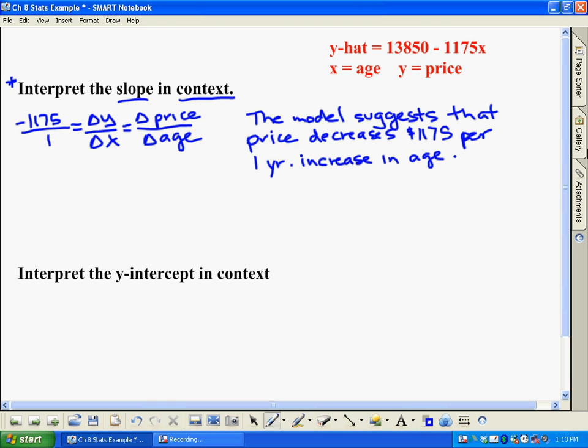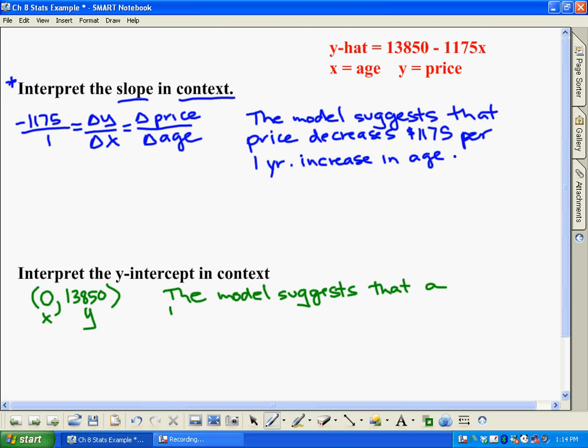Now what about y-intercept? Well, the y-intercept is always defined as 0, comma, something. So if you were to plug in a 0 for x in this equation up here, what will we get? Well, we get 13,850 for y. So in context, what we'd say is this. We'd say the model suggests. Now x is something here. x is not just x, it's actually age. So the model suggests that